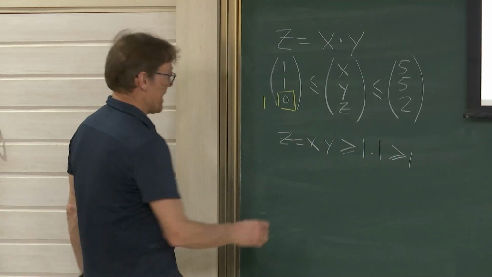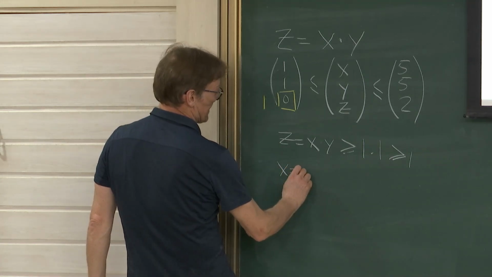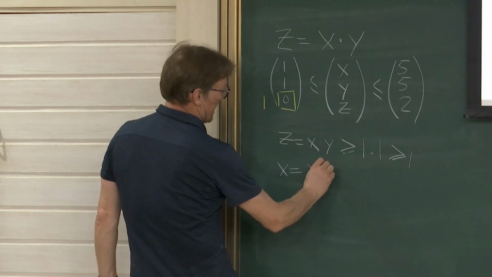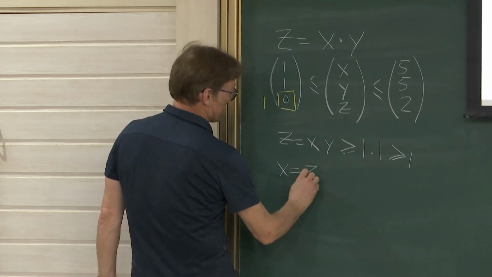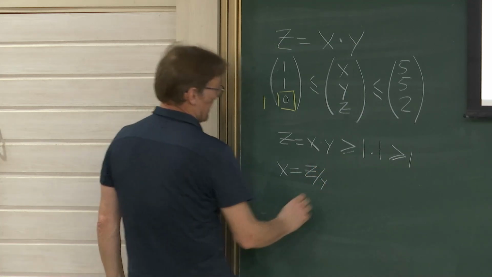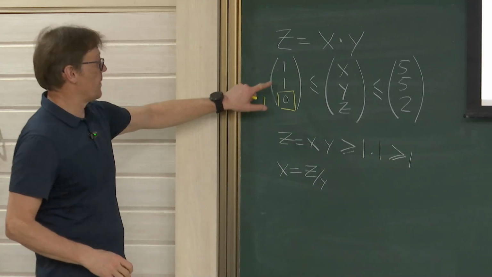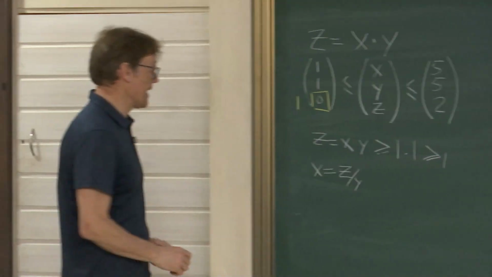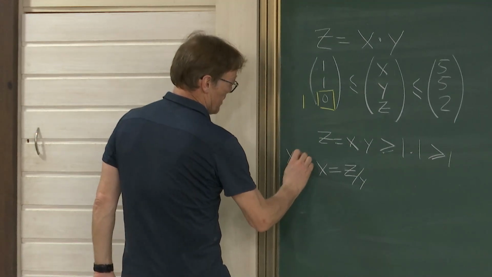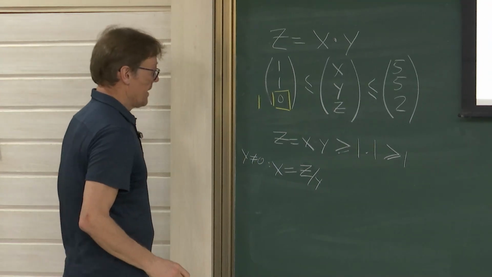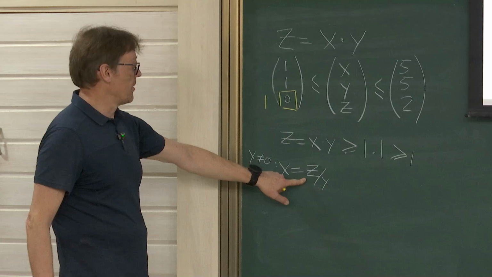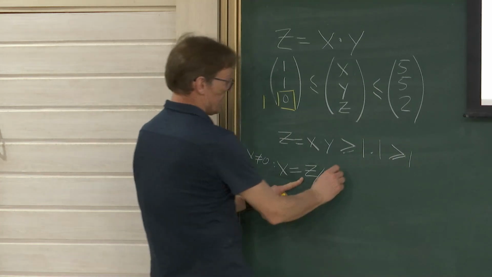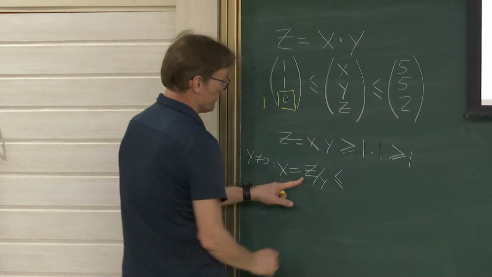Somebody? I can write x as z divided by y, right? And I'm allowed to do that because y is non-negative. But if I didn't know that, I would safeguard that, so y non-zero. And then I want to look for an upper bound. So that is less than or equal to